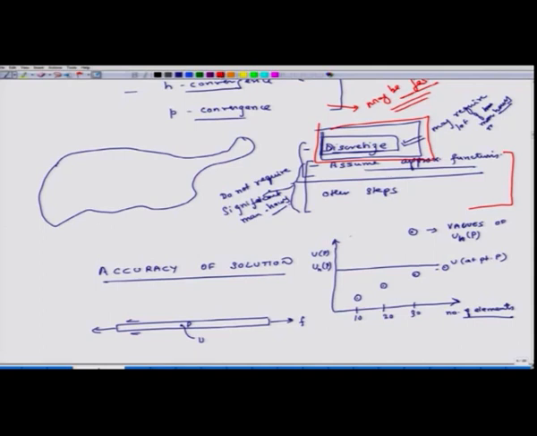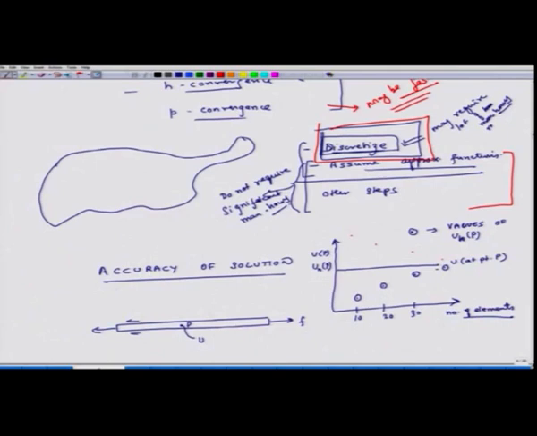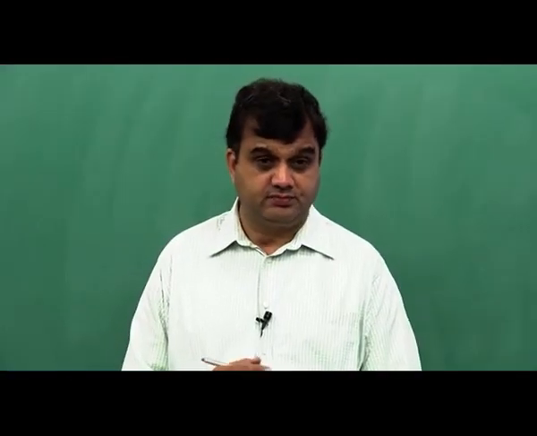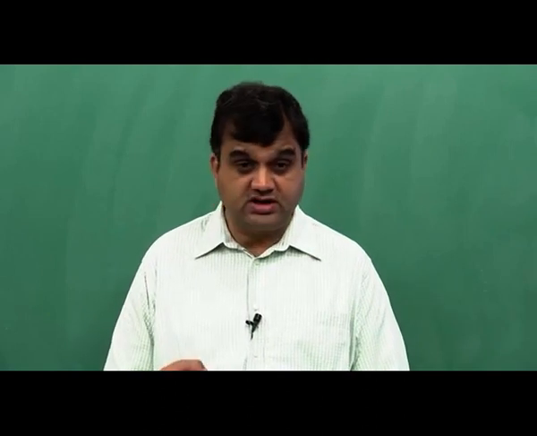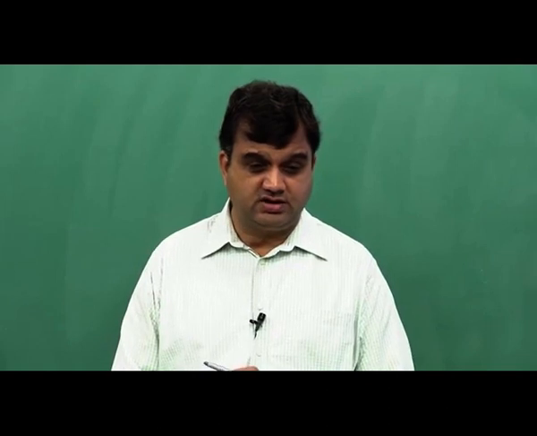People can think that the solution can come from the top also, and it can converge from this direction also. But in reality, in a very large number of cases, you will see that the solution converges from below for displacement, and for energy it converges from above. If I am plotting displacement, then it converges from below. If I am plotting energy, then it converges from above. Okay. So we will try to understand why this is happening.